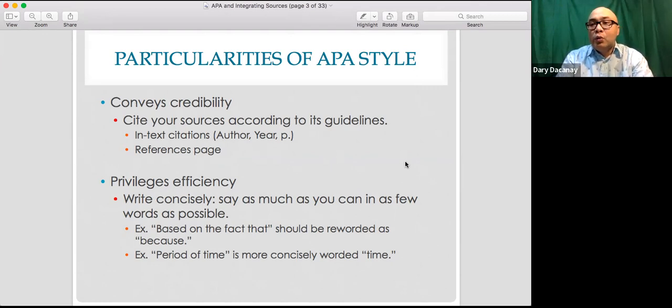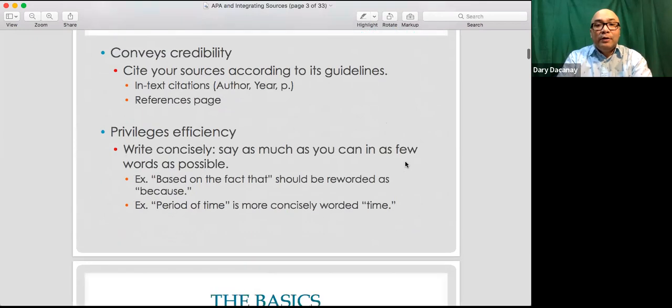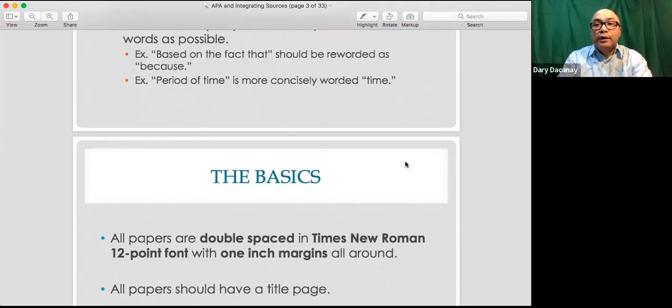These are citations that you are going to use when you write the paragraphs of your literature, and even in your introduction and your background of the study, and the reference pages. Now, the privilege is efficiency. Write concisely, say as much as you can in as few words as possible. For example, "based on the fact that" should be rewritten as "because." Example, "period of time" is more concisely worded as "the time." Okay, so you should be able to use few words to be able to cite a particular information in a